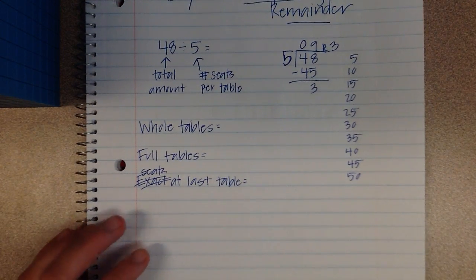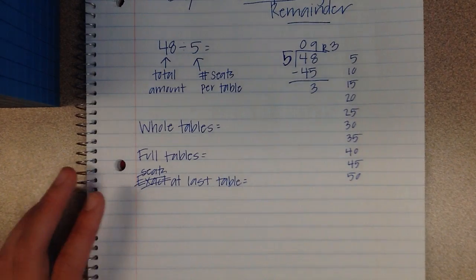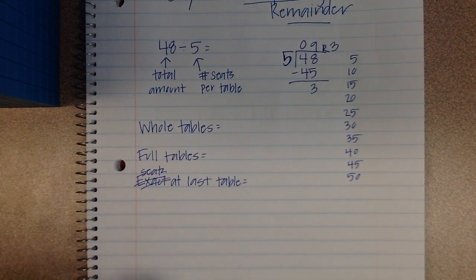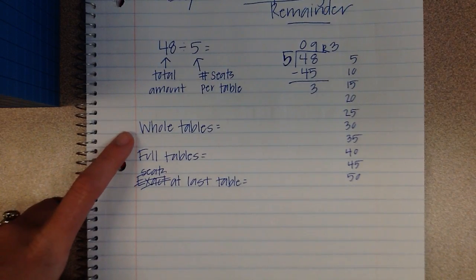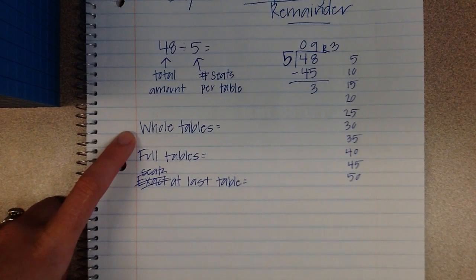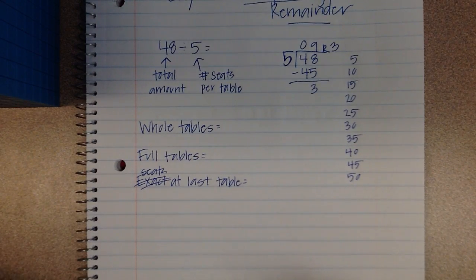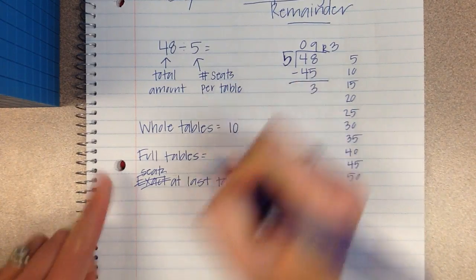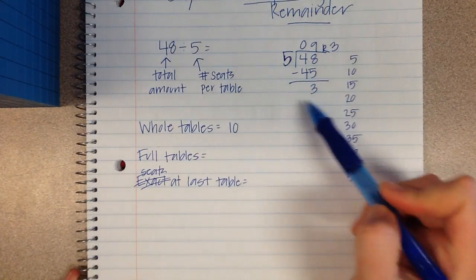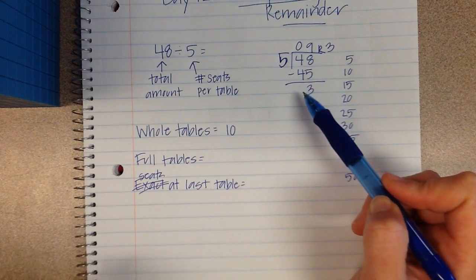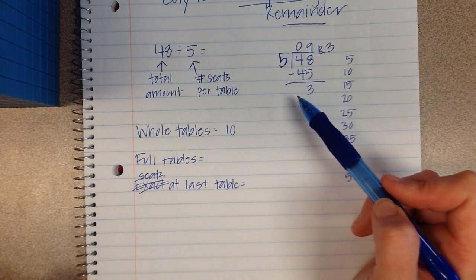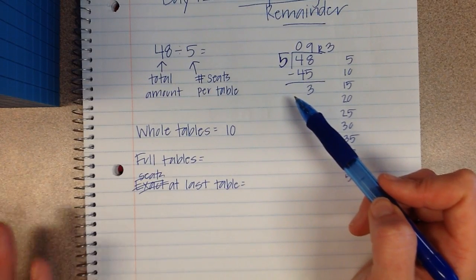Okay, so if the question said there are 48 people going to a party and each table holds 5 people, and you cannot rearrange, you cannot shove 6 people at one table or 4 here, you have to have 5 people. If it said, how many tables do you need total, then that would be 10. Now, you are probably thinking, there's not a 10 here anywhere. Well, guess what? Remember, if it said in the contract you could not rearrange, you could not shove people into another table or whatnot,